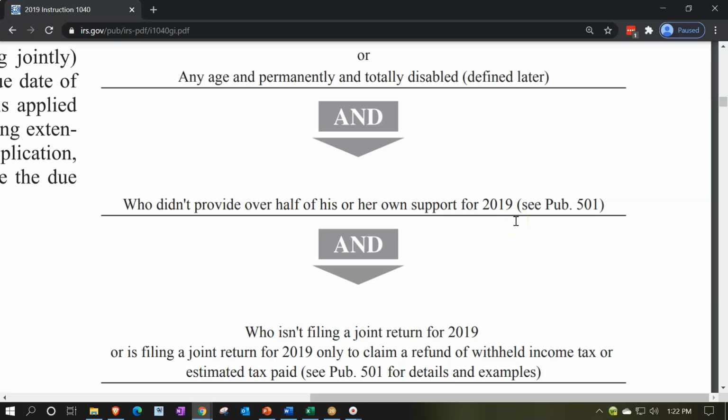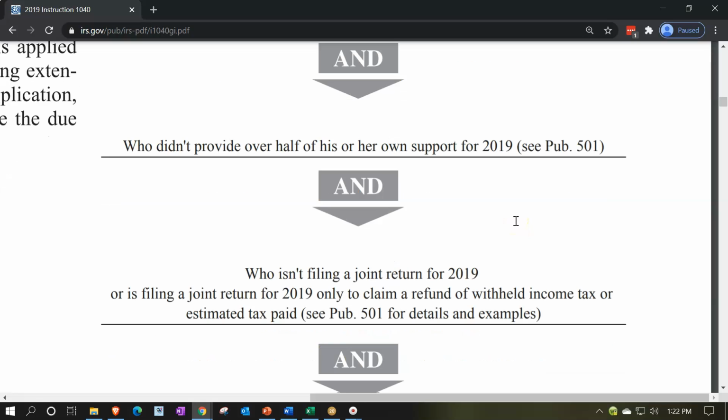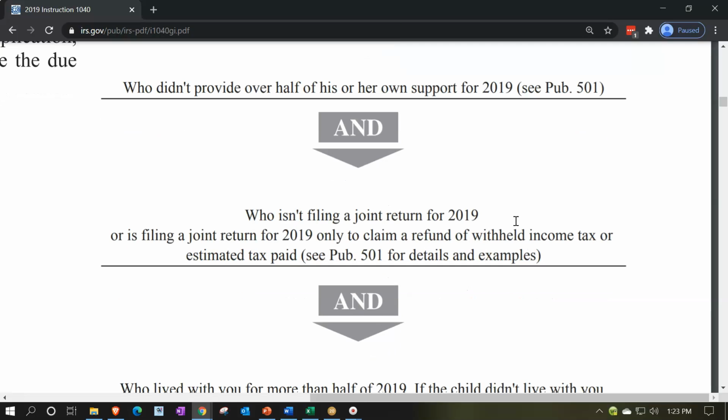To see more information about that, you can take a look at publication 501. So if that's a question component, take a look at publication 501. You can look up on the IRS website. And who isn't filing a joint return for 2019, which again, you would say 2020 if you were thinking about